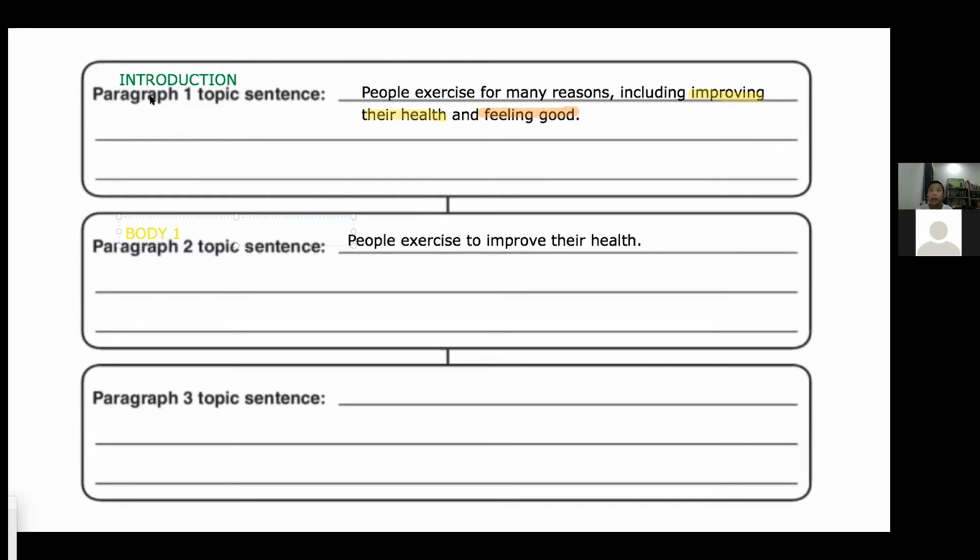All right. What about body paragraph 2? What should we have for that topic sentence? The body paragraph 2 is going to be paragraph 3. So body 1 is paragraph 2. Body 2 is paragraph 3. So what might this topic sentence be? So